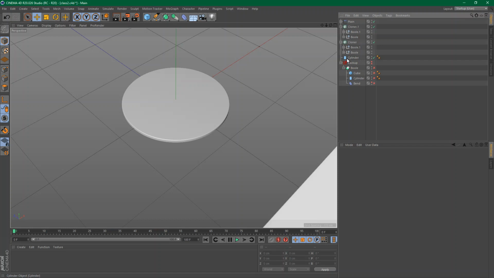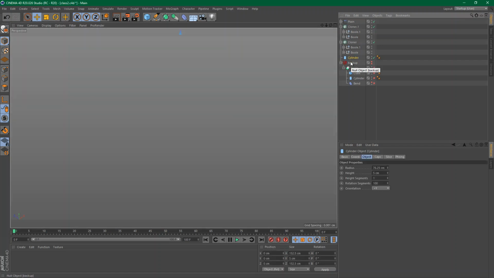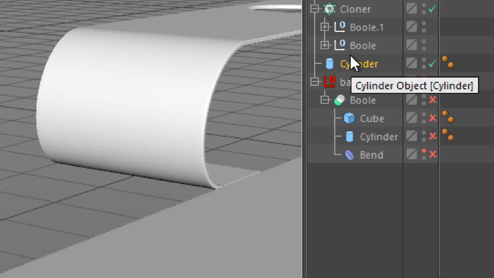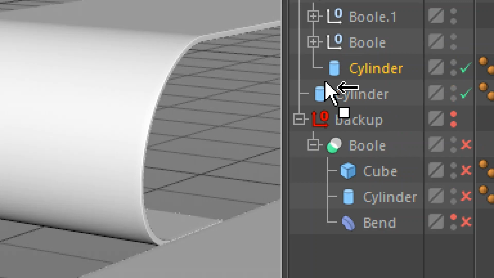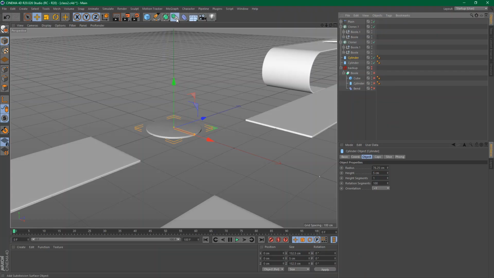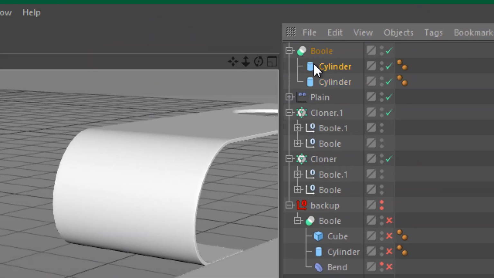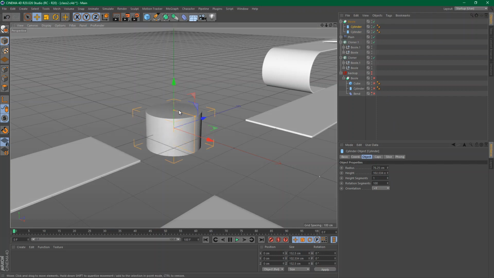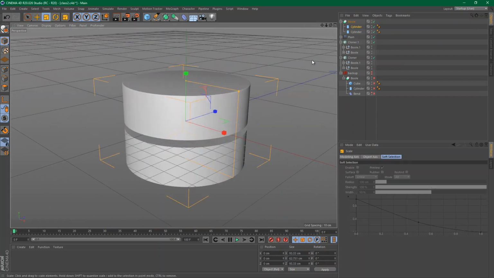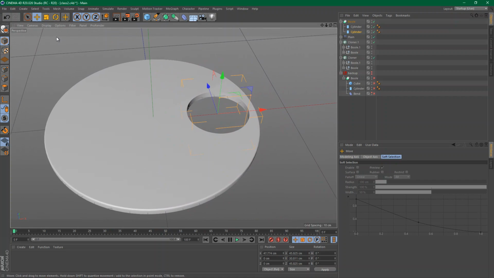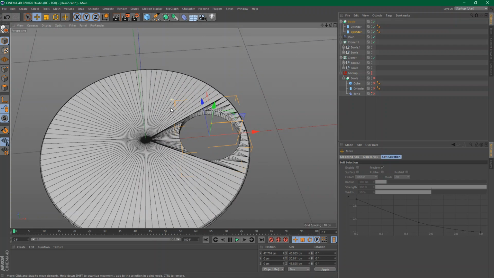So I have my cylinder here, I duplicate it, then I use a bool, drop both cylinders inside, make this one a bit larger and smaller, make sure it's the second one, and I move it into place, something like this. Now, when I take a look at my rotating with lines, I can see that this does